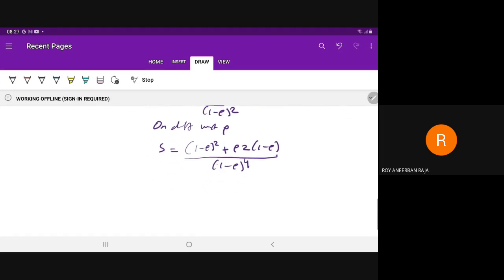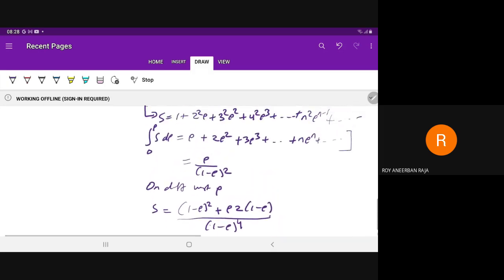So 1 minus ρ will cancel out. So 1 minus ρ plus 2ρ upon (1 minus ρ) cube, that is 1 plus ρ upon (1 minus ρ) cube,